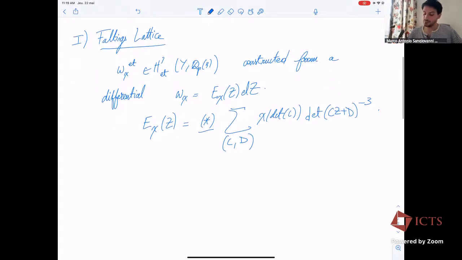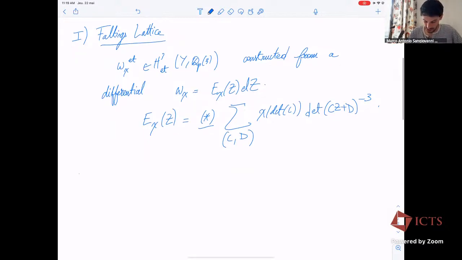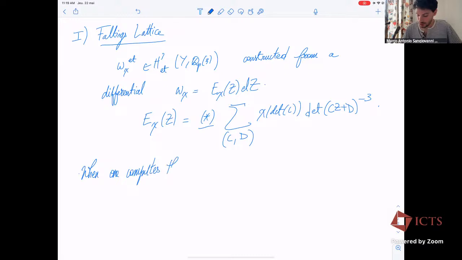So this was my Siegel-Eisenstein series. And it turns out that when one computes the Fourier expansion of E chi of z,